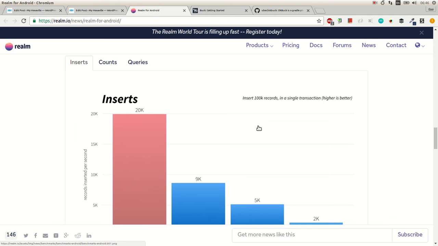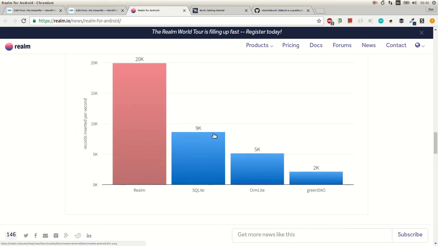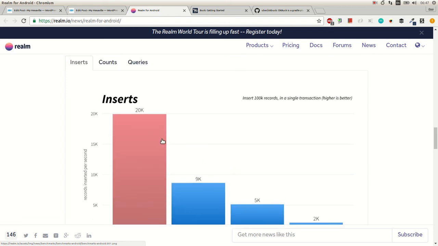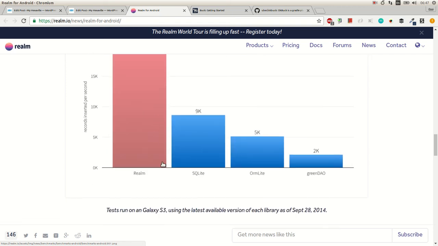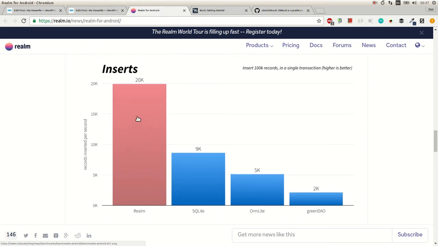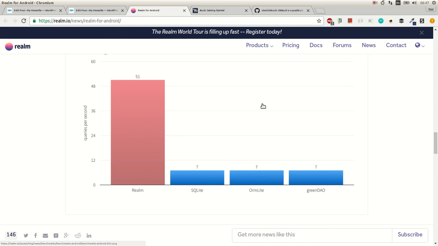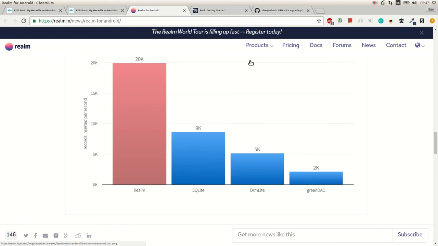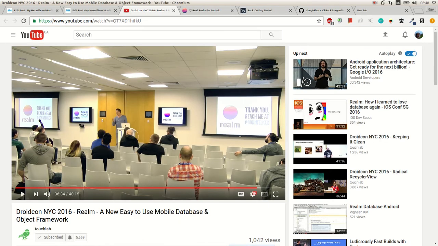And here are some stats why to choose Realm instead of SQLite or any other libraries. This shows how performant this is. So if you ever need to cache data, Realm is the best choice. Right, that's it for the overview now. The API is pretty simple to use, and if you wanna check out more details, you can